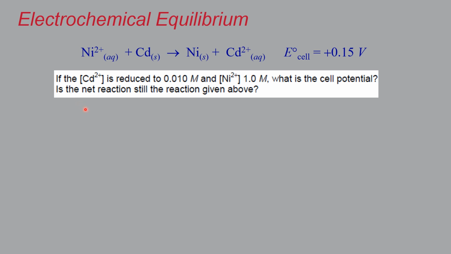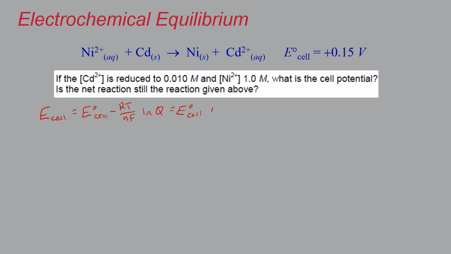So the relationship to exploit here is the Nernst equation. And so the Nernst equation tells us that the cell potential under any generic conditions is equal to the standard cell potential minus RT over nF times the natural log of Q. And in this case, that's going to be equal to the standard cell potential, which we have determined from the previous slide, minus